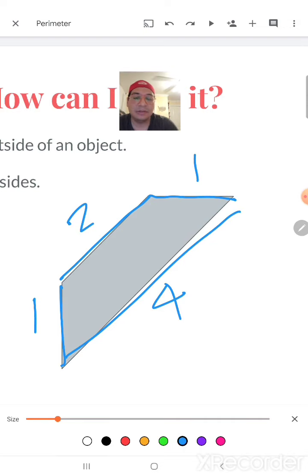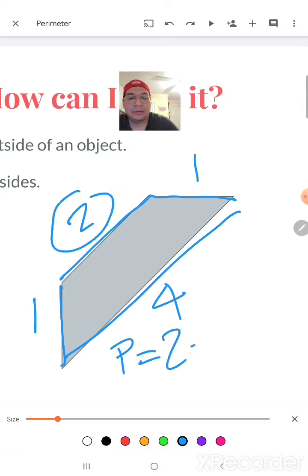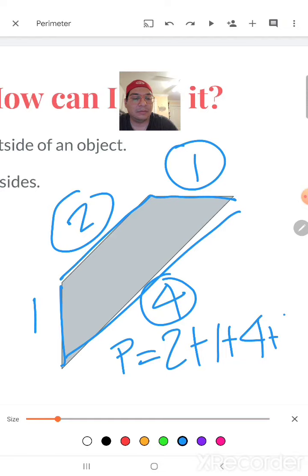We have fewer sides here, but we're going to just add our sides. Perimeter equals 2 plus 1 plus 4, I'm circling what I already wrote, plus 1, right? So perimeter equals 2 plus 1 is 3, and 4 plus 1 is 5, so 3 plus 5